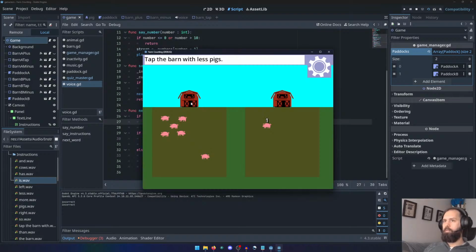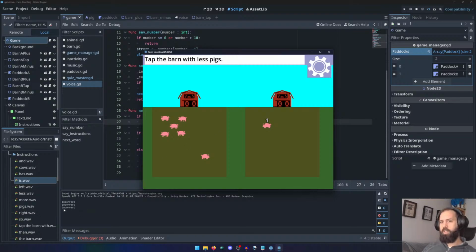Tap the barn with less pigs. The barn on the left has 6 pigs, and the barn on the right has 1 pigs. 6 is more than 1. The barn on the left has and right is more than,